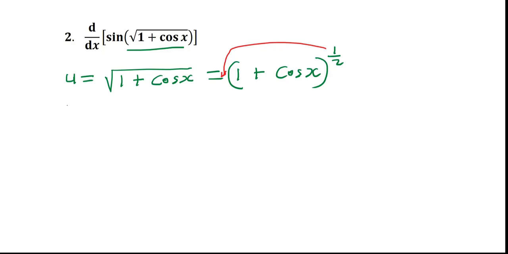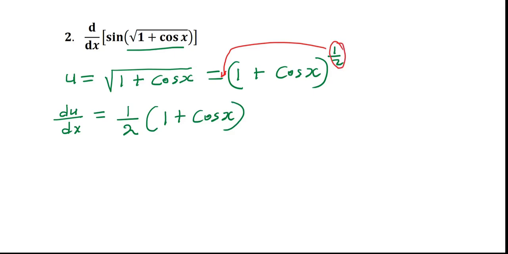So if we do that, then du/dx would be equal to 1/2 (1 plus cos x), and if we subtract 1 from this, then we are going to have negative 1/2. After this, you also need to multiply this by the derivative